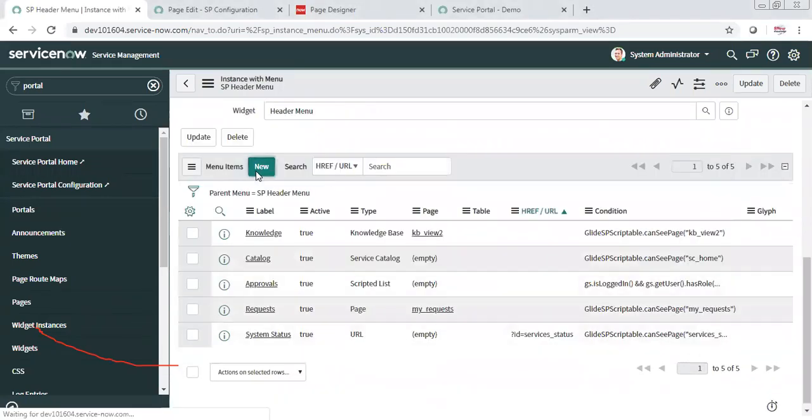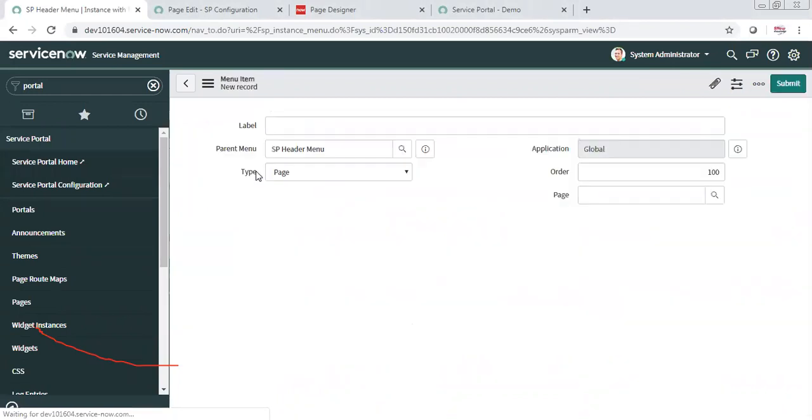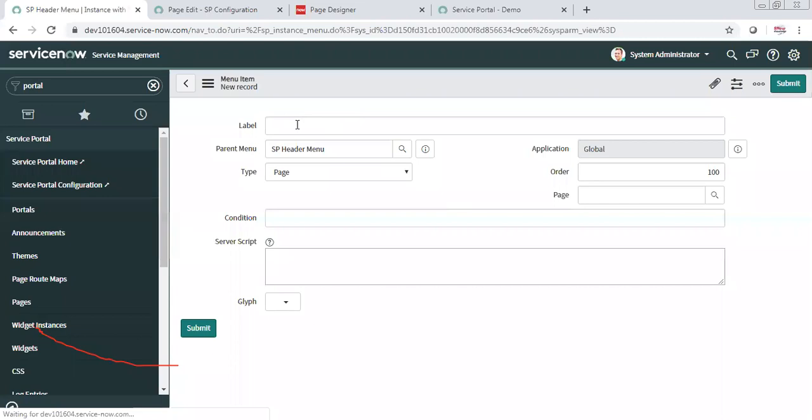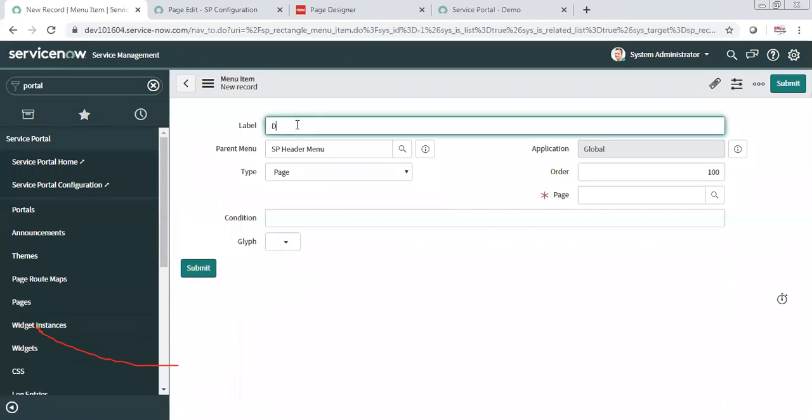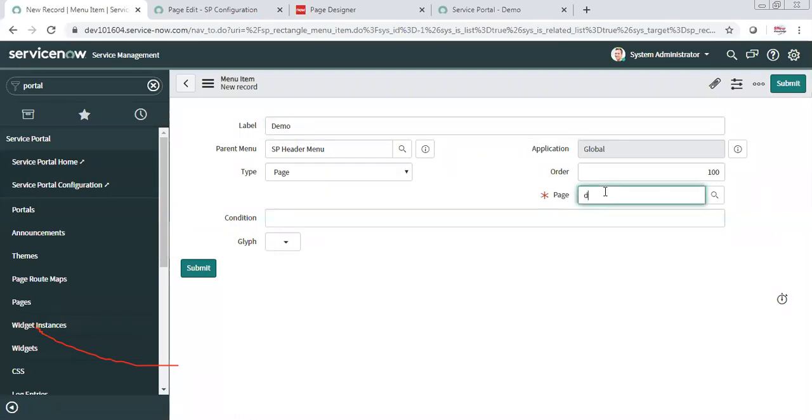Then what you can do is create a header here, and you can say demo, and then you can select your page. So a menu on the header called demo will be available, and you can select the page, and if you want to put any icon.